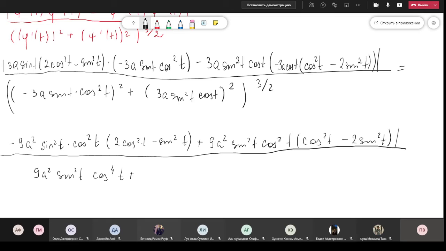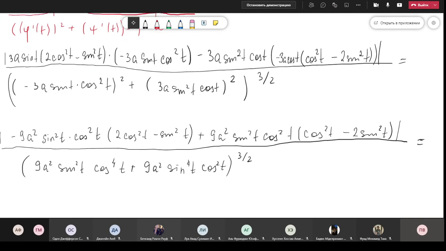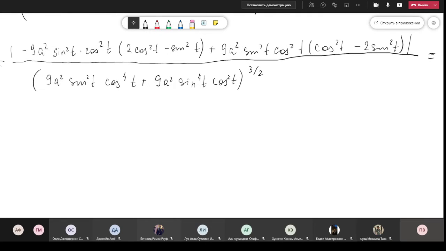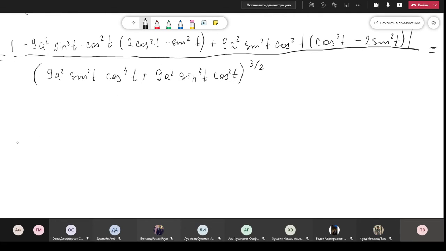Plus 3 squared, a squared, 9a squared, sine squared squared, sine to the power of 4, cosine squared. And don't forget 3 over 2. Then equals